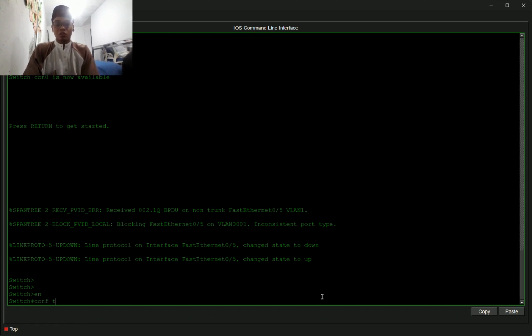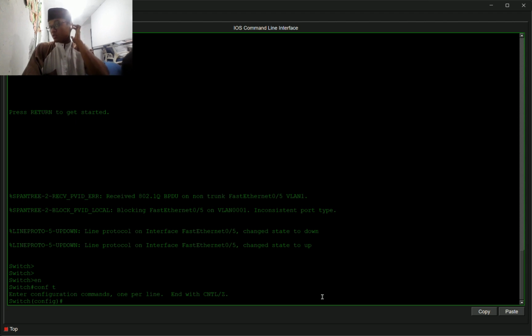Configuration terminal, enter, and then let's go to the configuration.